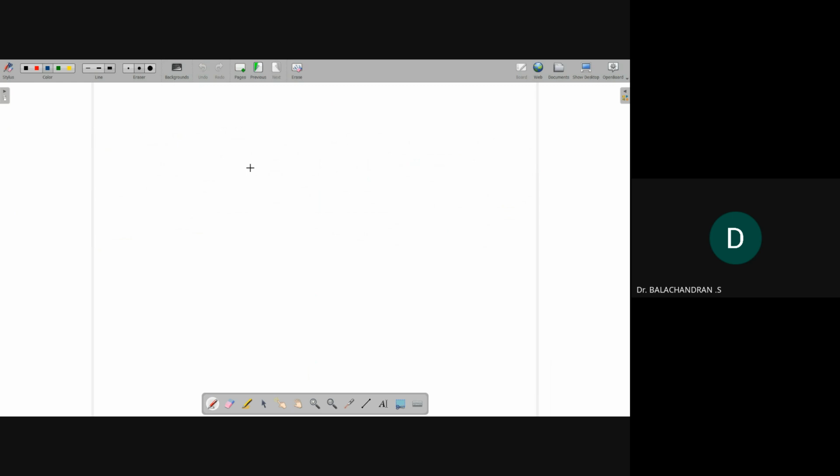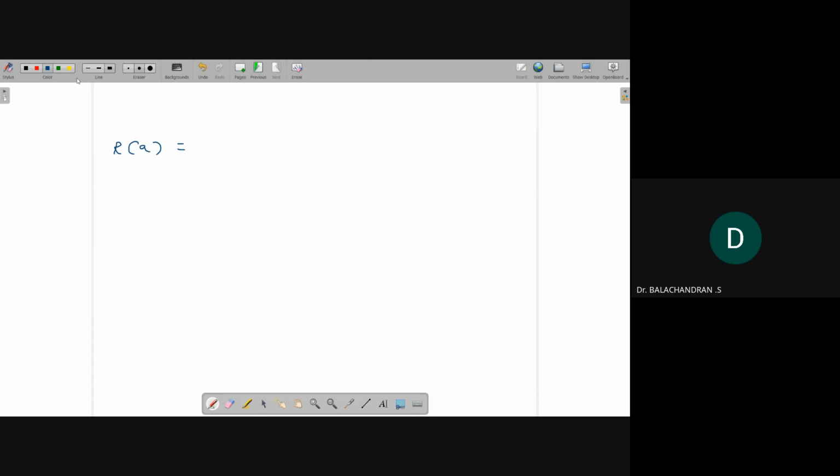First, you should understand this definition clearly because I will use this definition regularly. I will write it again: R of A equal to the set of all x in X such that (A, x)